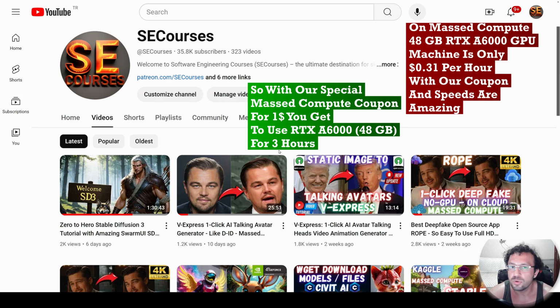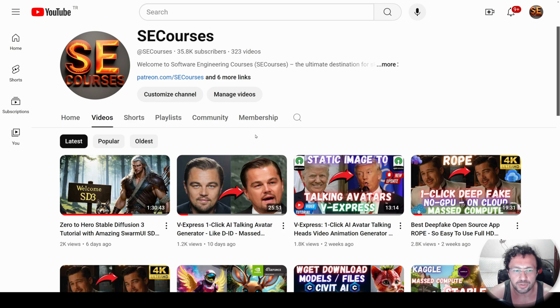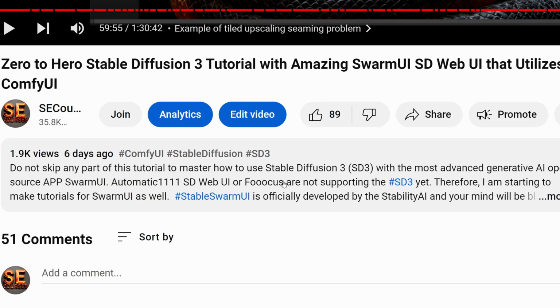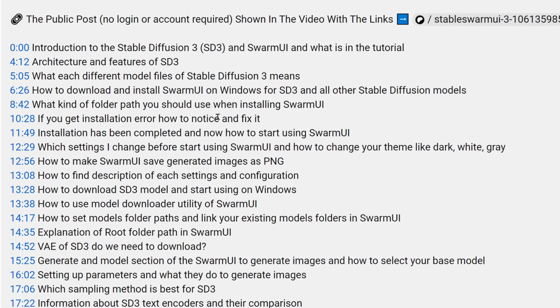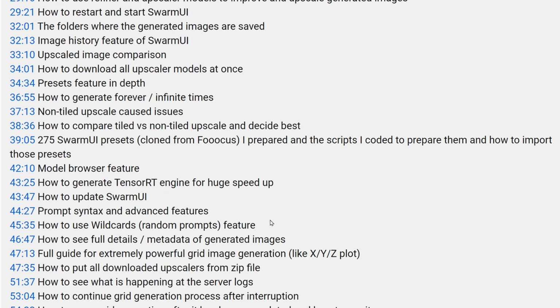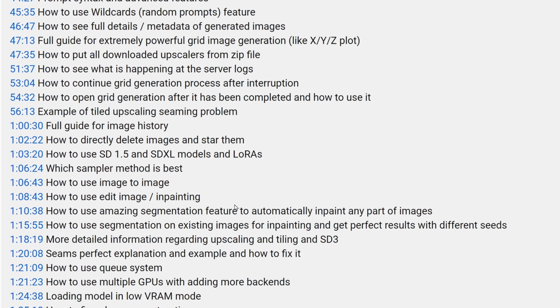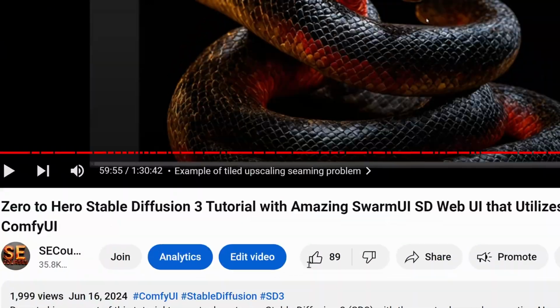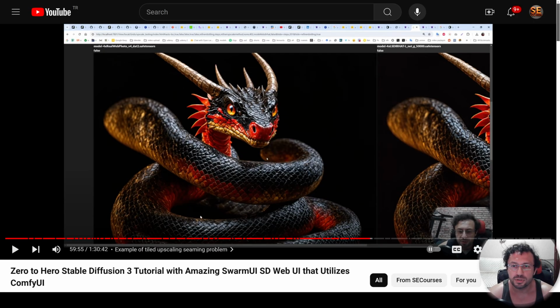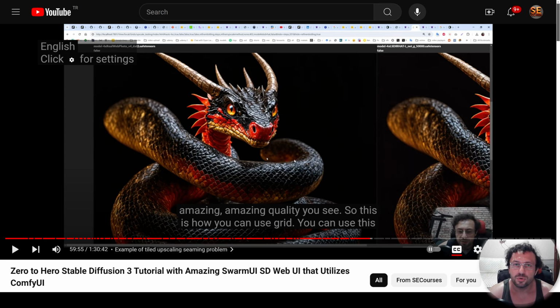You will be able to use all the Stable Diffusion models, Stable Diffusion 1.5, SDXL and Stable Diffusion 3, on Swarm UI without any issues. Moreover, this Windows tutorial has 90 chapters all written by me, so look at the description of this tutorial and watch the chapters that you want to learn. This tutorial that you are watching right now will also have chapters and manually fixed captions, so you can also enable captions and watch this tutorial as well.